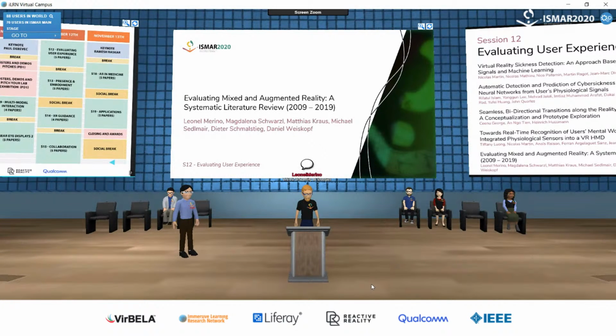Yes, we found really a large number of different questionnaires used to analyze various aspects of user experience. It's not so clear. I think at the end, what you need to do is to tailor your questionnaire to the specific research question you are addressing. And to do that, probably you might want to involve different questions from multiple questionnaires. Great. Thank you very much.